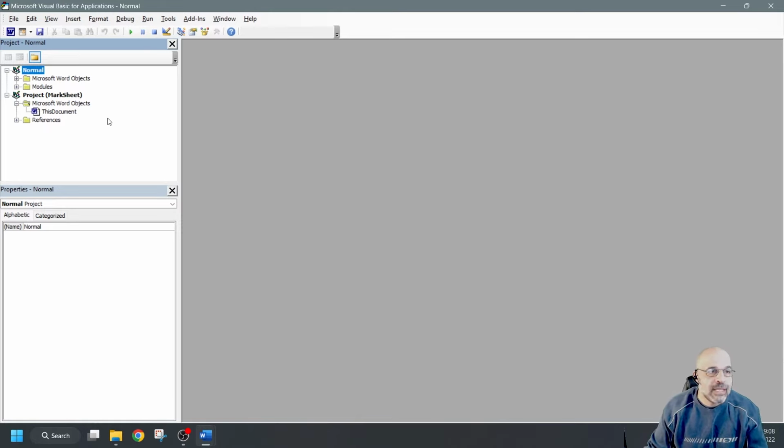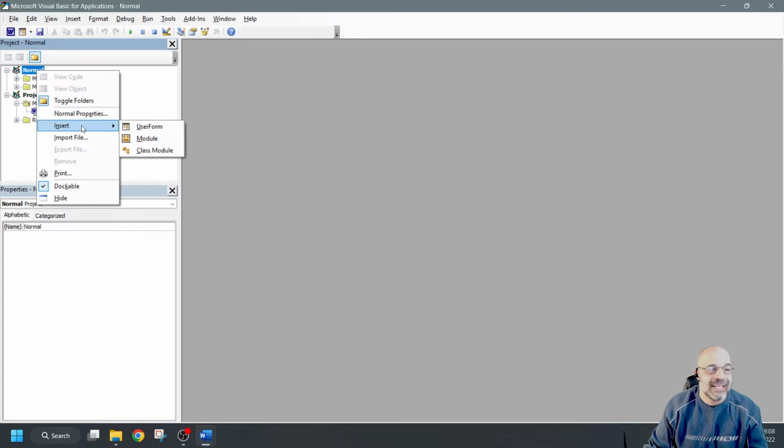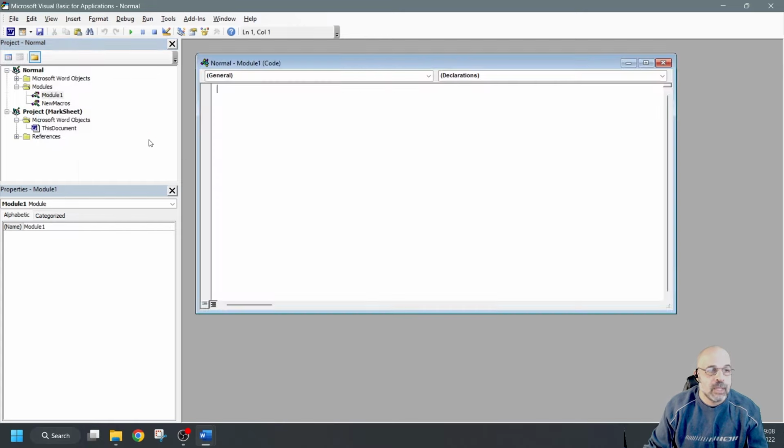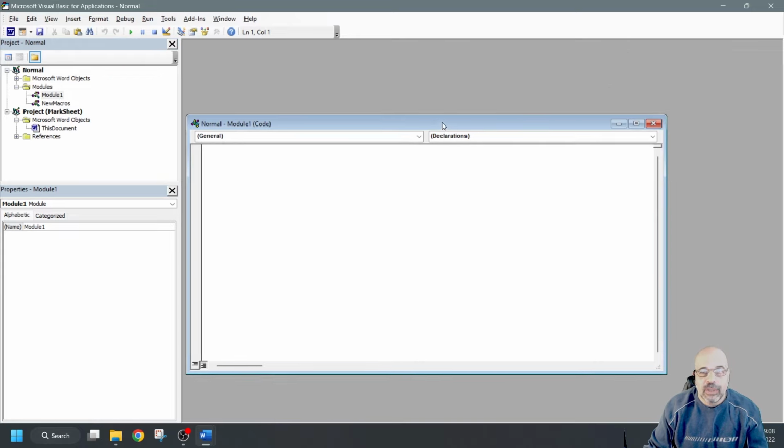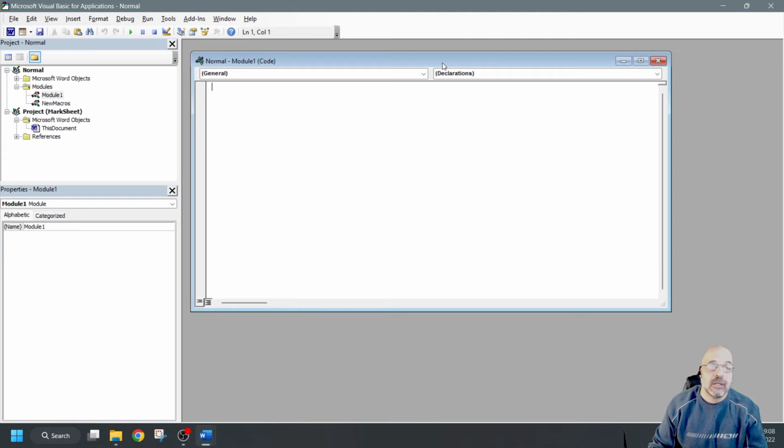So the one way to do this is if I right click anywhere, if I right click on here where it says normal, or right click on the modules, let's say right click on normal, I'm going to go to insert module, and that's going to create this module 1. And in this window here, we want to copy paste the code. So I've got the code for you